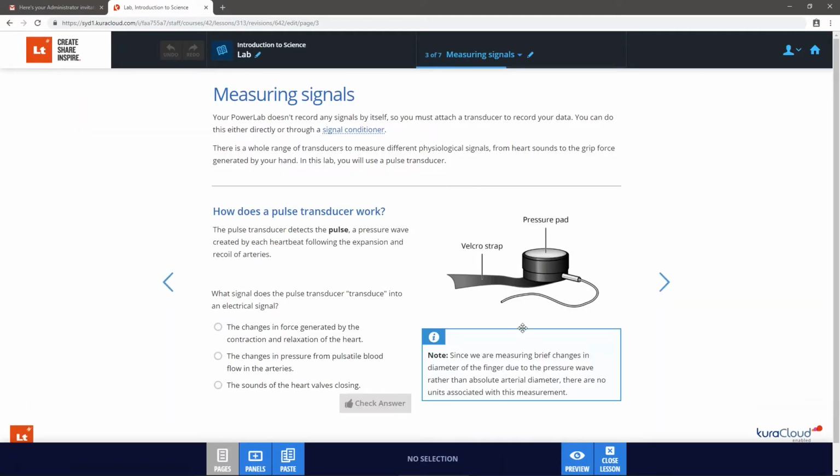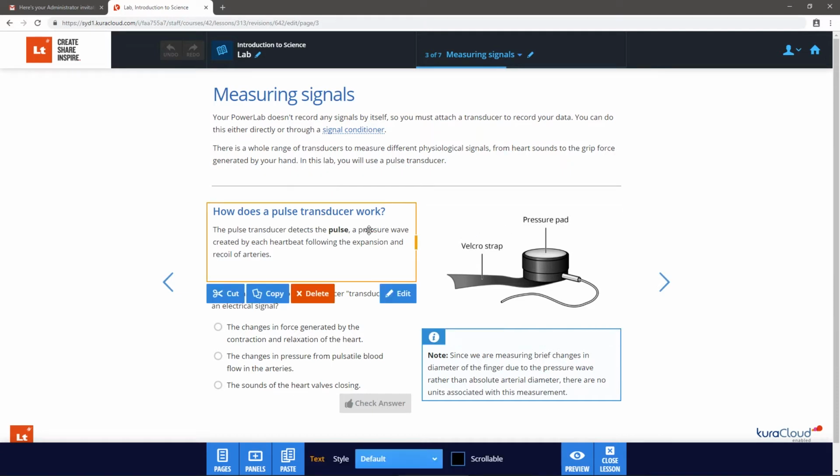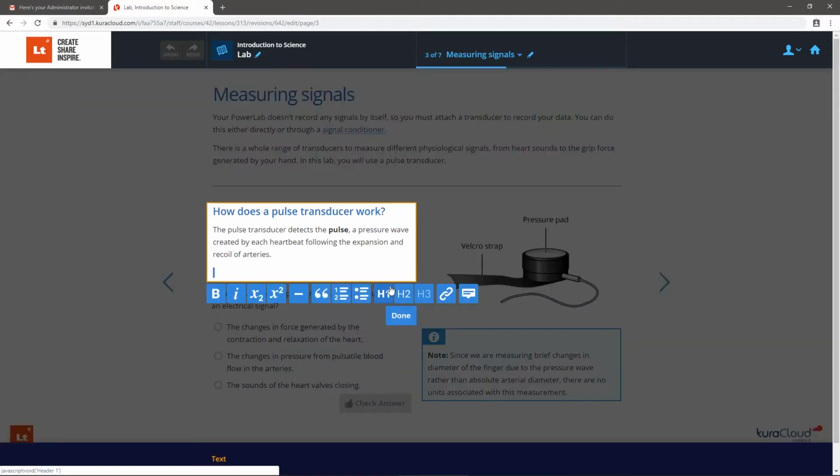Within pages are discrete elements, called panels. When a panel is selected, you are able to change the content and functionality of that panel by selecting Edit or simply selecting the panel again. LT is a cloud-based platform, so your work will be saved automatically. You can always undo changes by selecting the Undo button or using your normal keyboard shortcuts. Once you've finished your edits, select the Done button or the grey area outside of the panel.